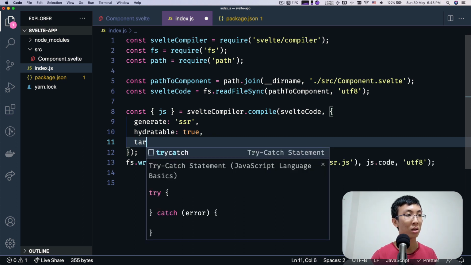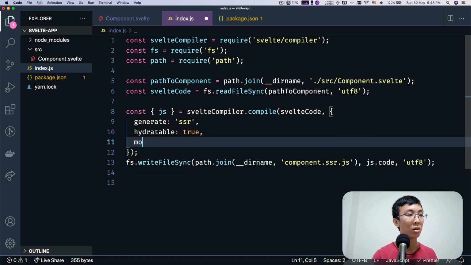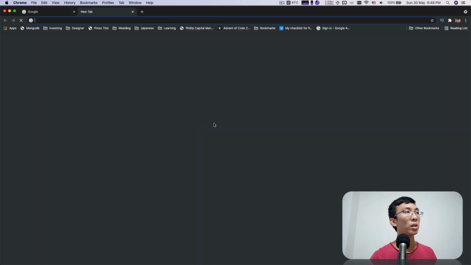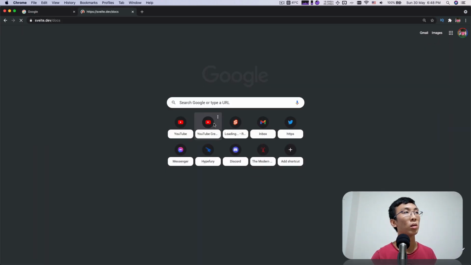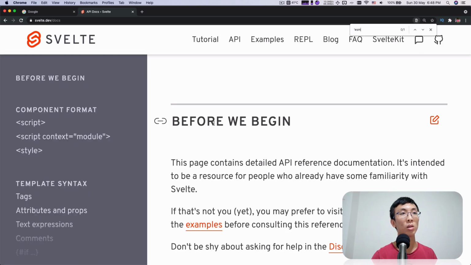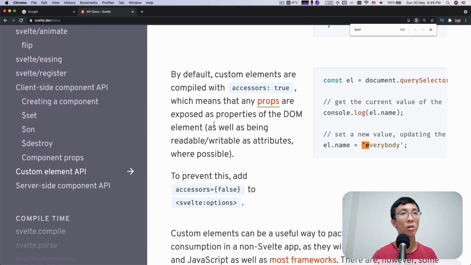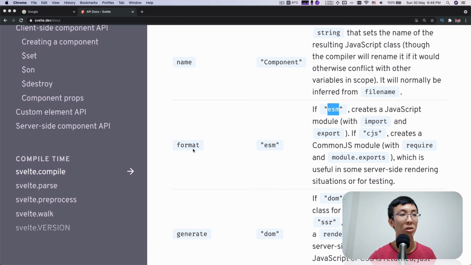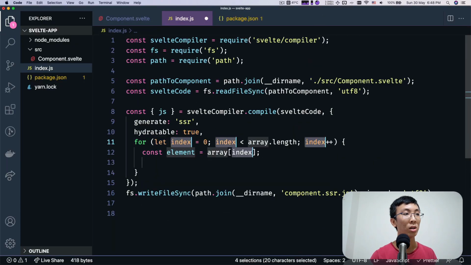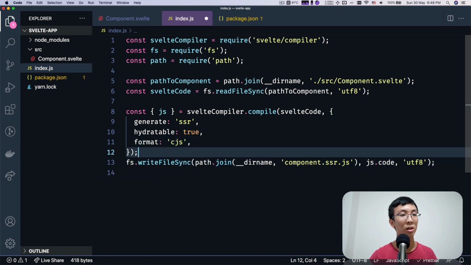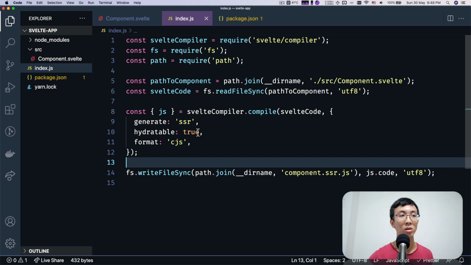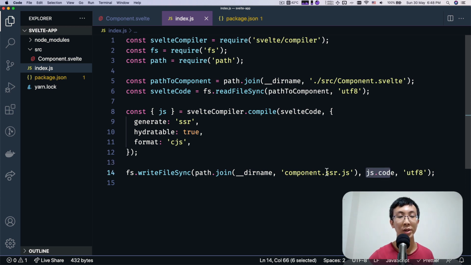We need the option called format, right? We're gonna change our format to CJS, and we're gonna write the JavaScript code that's generated into a file.